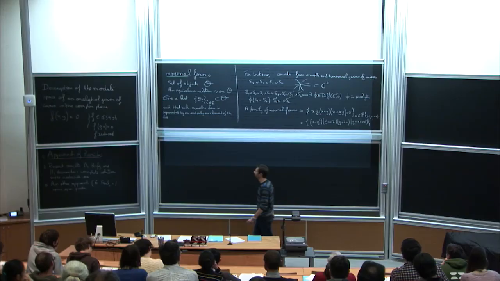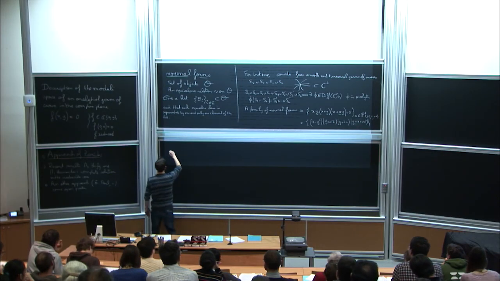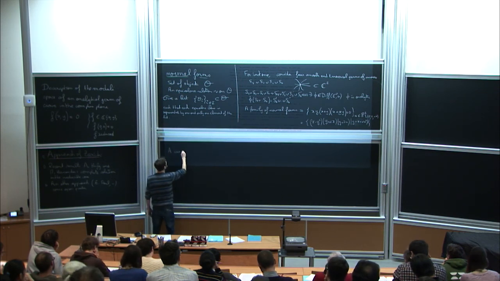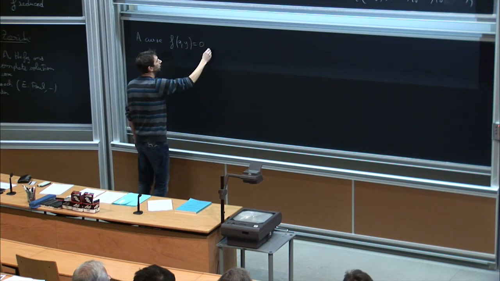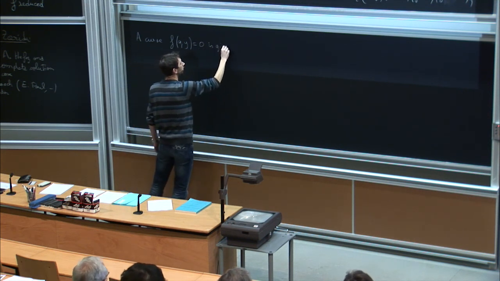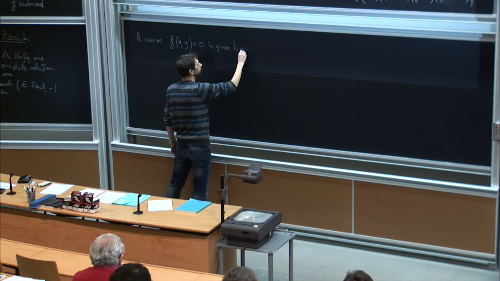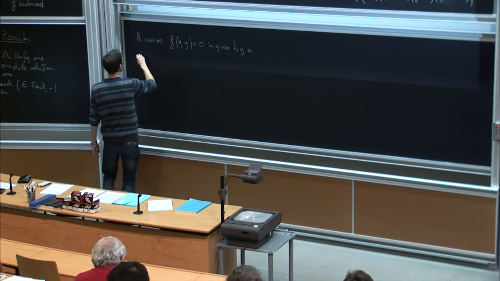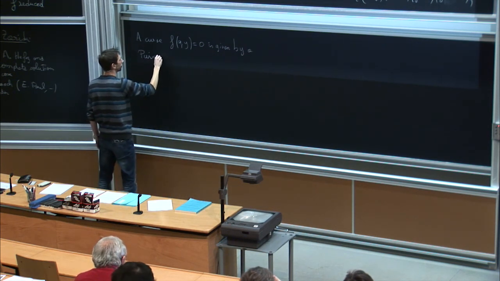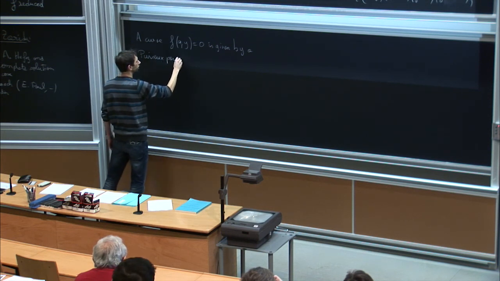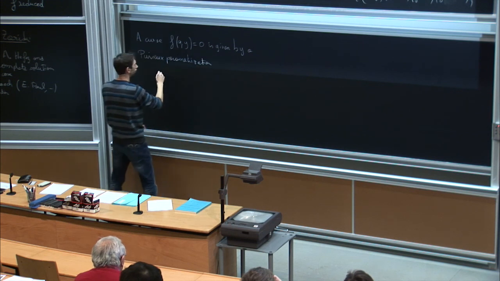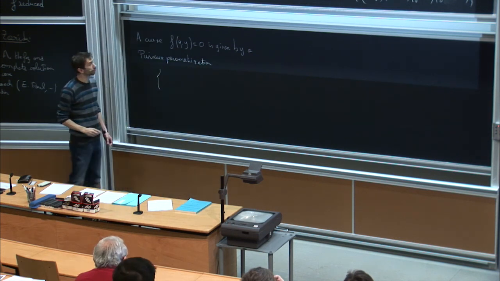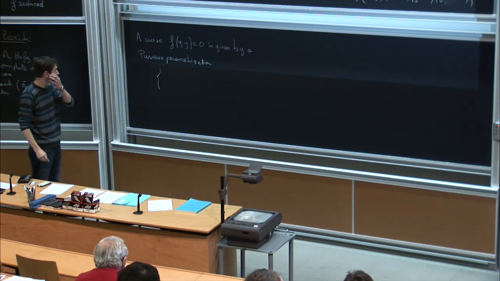His very first idea was that a curve f(x,y) equal to 0 is given by a Puiseux parametrization of the following form. So the idea is to add a parameter,